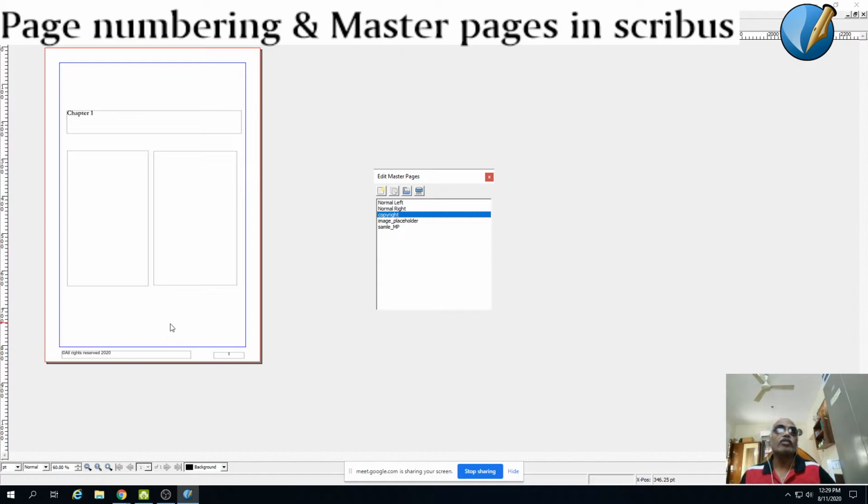And then if you would have seen lot of textbooks, the textbook will have a small header here, just the title of the book or the printer's name or organization's name. That also you can do. So here what we can do is we can again duplicate this same master page. I'm going to duplicate. I'm going to say title. So here I'm going to put a new text frame at the top, which is going to hold the title of the book.